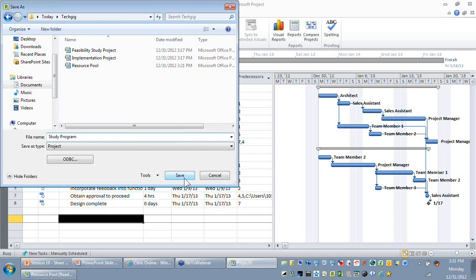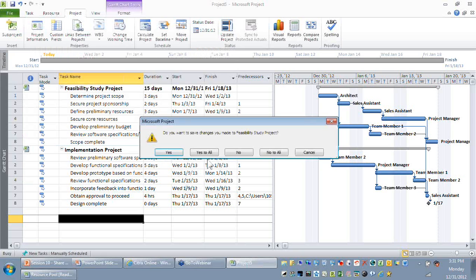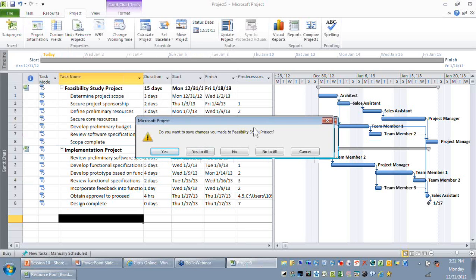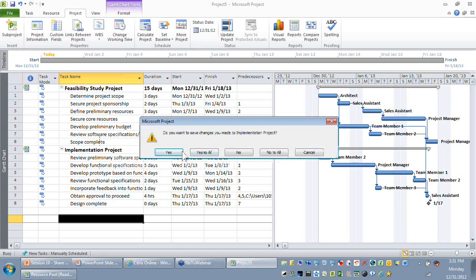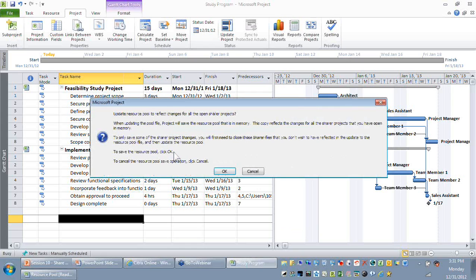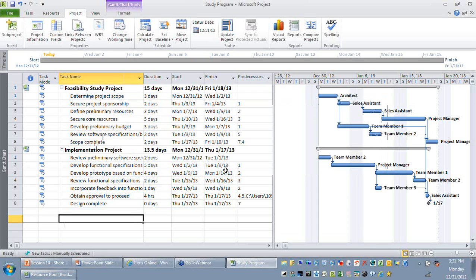And the moment you save it, it says, do you want to save the changes to the feasibility study because I have created a relationship between these activities? I will say yes. Do you want to save the changes to implementation? I will say yes. Updating the resource pool to the open projects. So I'll say yes. Okay. So I have updated my resource pool and the individual projects also.